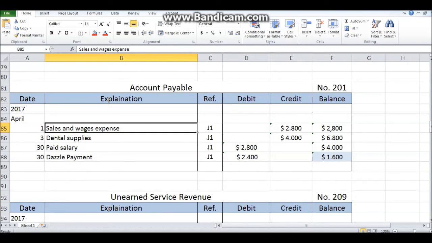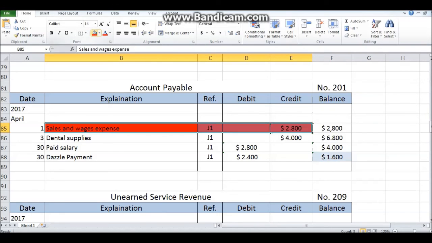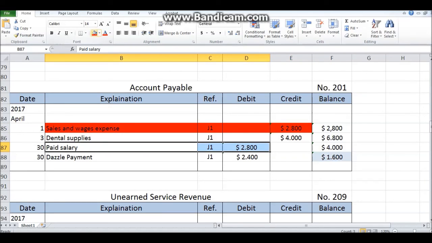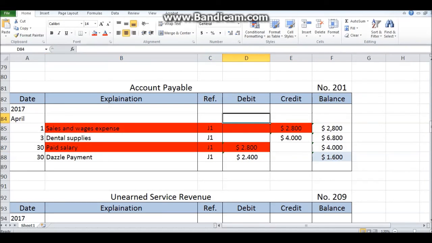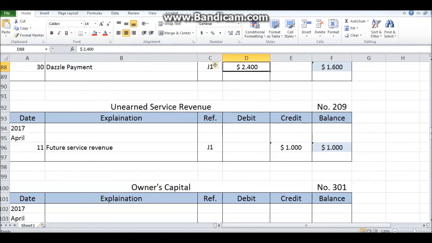Here I guess you don't need to use this transaction as well as this, because when you hire the people you don't put it as a journal entry, so it should be dental supplies and diesel payment only. Okay, unearned revenue, that's where